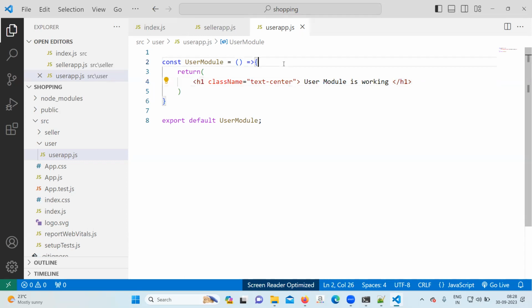Next, after this, two modules are ready, the user module as well as the seller module. We will go directly to the app.js file, and in the app.js file, we will call both the modules.